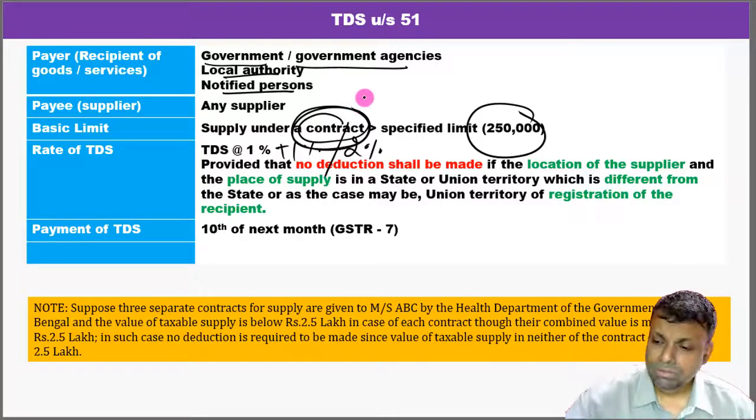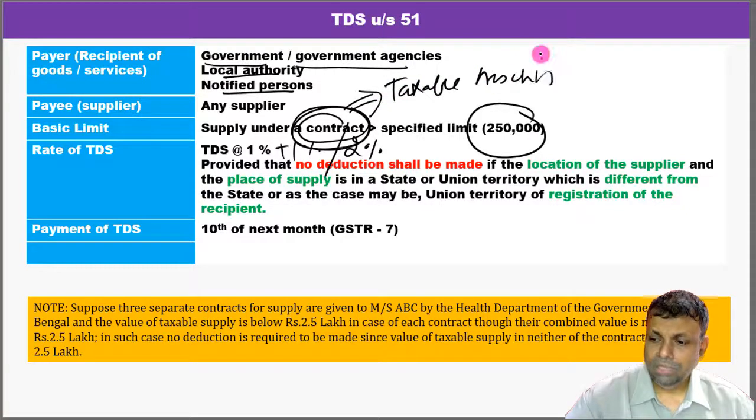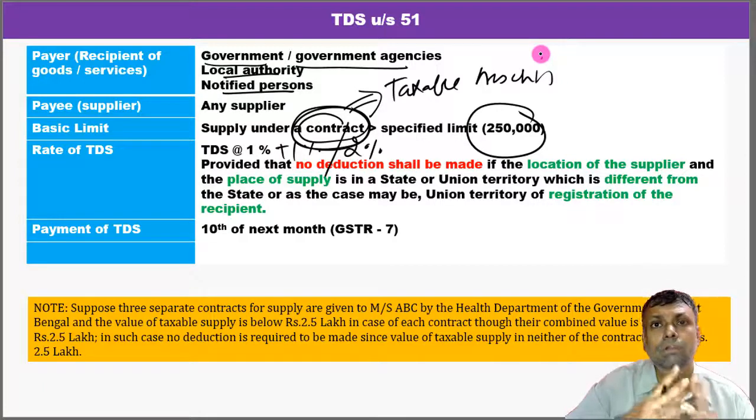Further, put differently, this particular contract should be with respect to a taxable transaction. In other words, for example, if there is any contract with respect to nil rated or exempted supplies, in that particular case the TDS provisions should not be applicable. The second thing that the board has clarified, very importantly, is that it is a per contract limit. I repeat, ladies and gentlemen, this is your per contract limit.